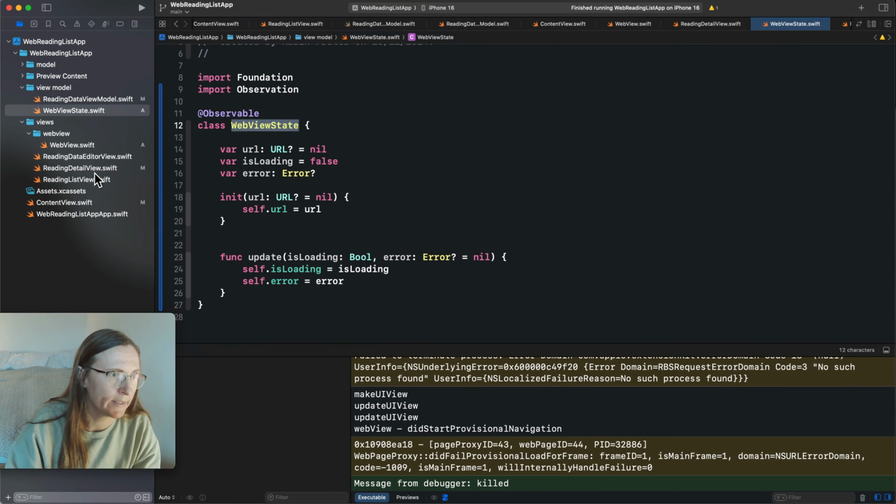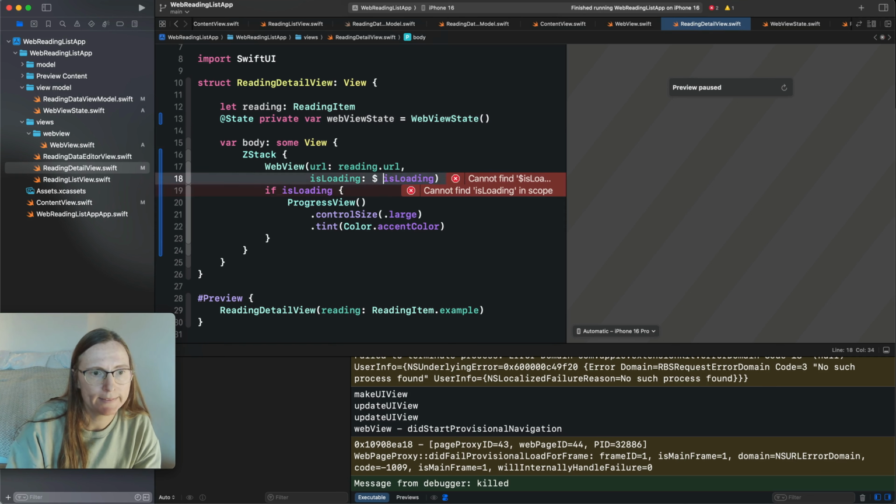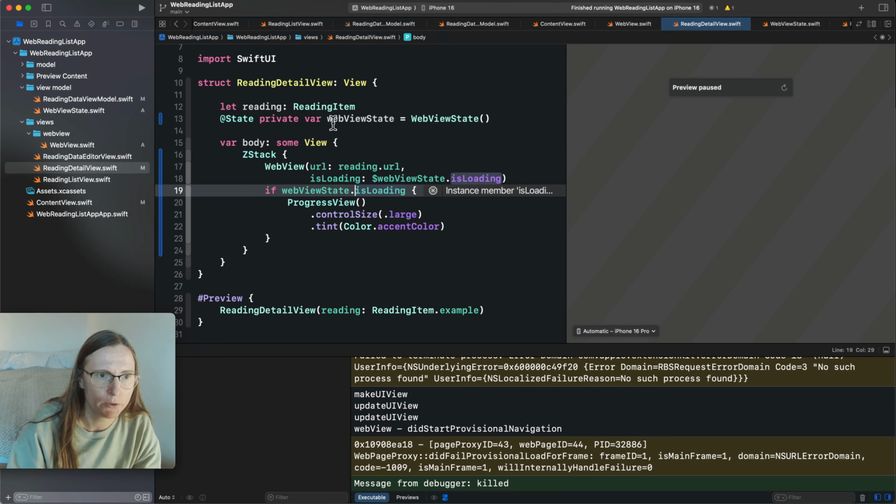So we're starting again from the reading detail view. So here I want to have this @State private var webViewState. This loading is now coming from this web view state. And I actually want to use this whole thing also for handling this URL, so I don't want to extra pass them. So we need to now connect this because this reading item now has this data that I need to pass here,